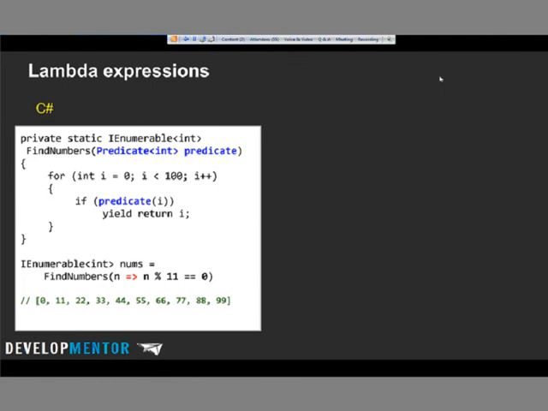So another thing that's really neat is Lambda expressions, right? The ability, or even just delegates, the ability to pass a delegate. Here you can see we have a find method, and we're passing in a delegate that lets you take a set of numbers and filter them in some way or another, right? So only the numbers that match this predicate we pass in actually get returned. So here you can see we're saying, I want to find the numbers that are divisible by 11. And the output is 0, 11, 22, and so on.